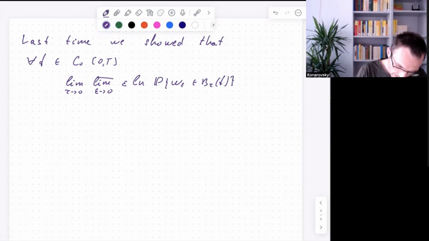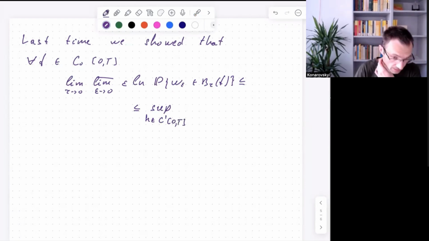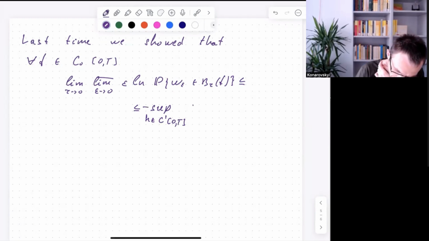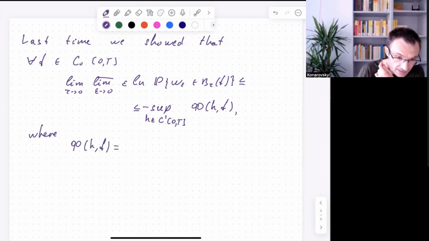Then using the Cameron-Martin formula and integration by parts, we could show that this is less or equal than the supremum over all functions h that belong to continuously differentiable functions on [0,T] to R of, here should be minus, some function phi of h comma f, where this function phi of h comma f is defined as